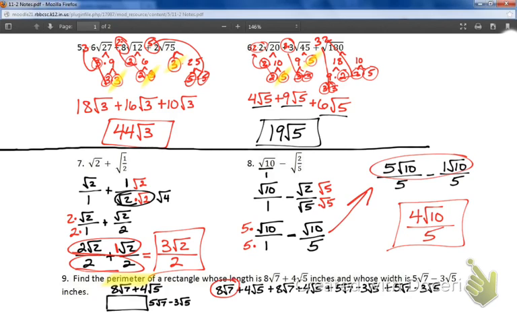I have 8 root 7 plus 8 root 7, which is 16 root 7, plus 5 root 7 plus 5 root 7 gives me a total of 26 root 7. Then I combine my root 5s. 4 root 5 plus 4 root 5 is 8 root 5, minus 3 root 5 minus 3 root 5. So I end up with positive 2 root 5. And this is a story problem, so you should say the perimeter is